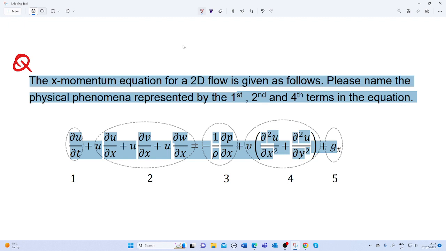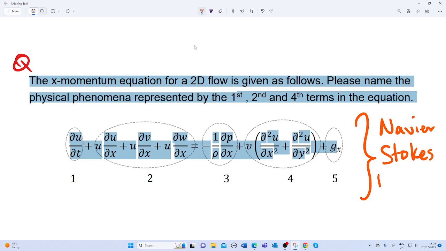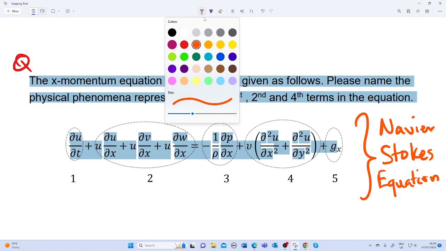Name all the physical entities from this particular equation. Don't let us forget that this particular equation is called the Navier-Stokes equation, surrounding the boundary layer of a flow over a particular aerofoil or a flat plate. Now, from the question, we are asked to name all the physical phenomena from 1, 2, 3, 4, 5. From the Navier-Stokes equation